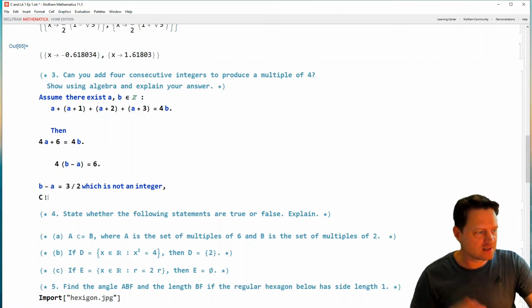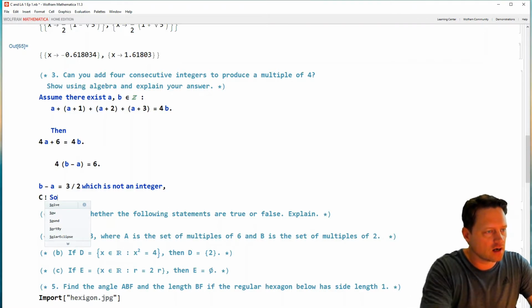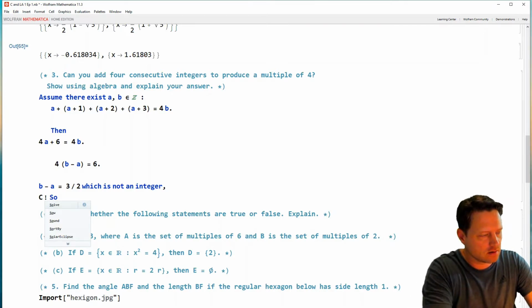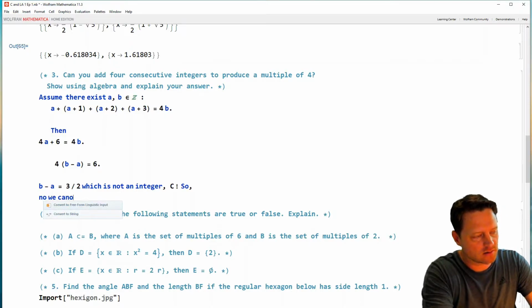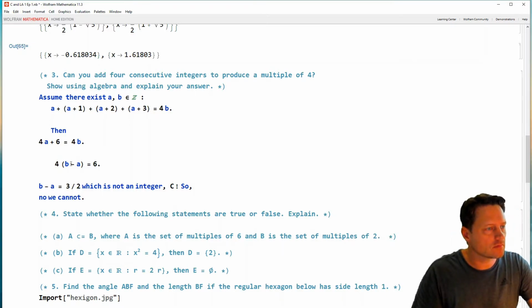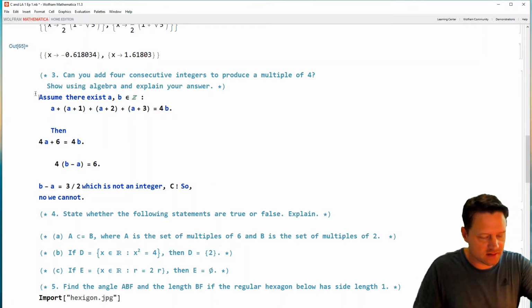So just put a C exclamation to mean a contradiction. So the conclusion is no, we cannot add 4 consecutive integers to produce a multiple of 4. No. Okay, let's make this a comment